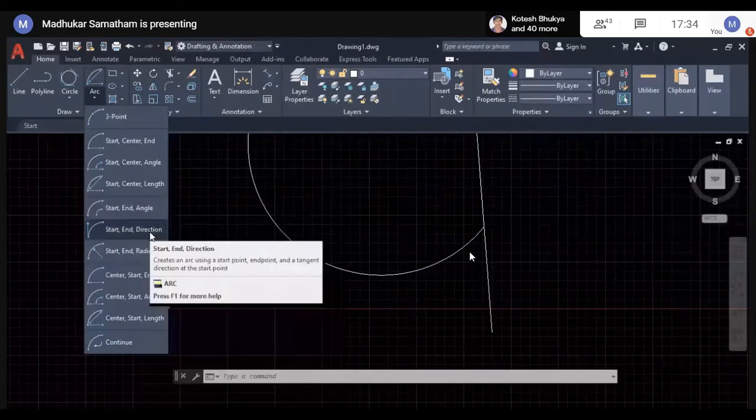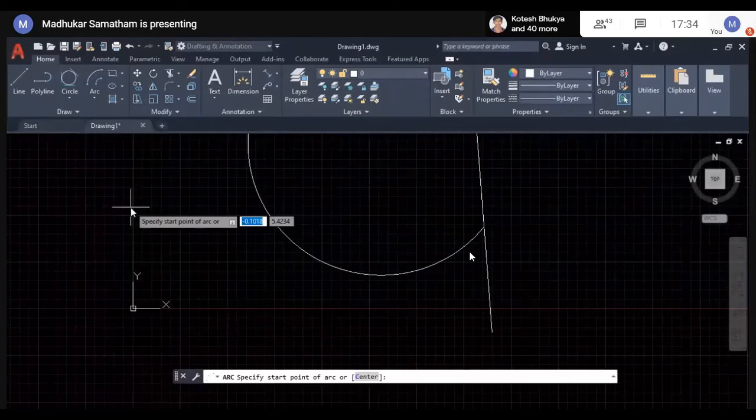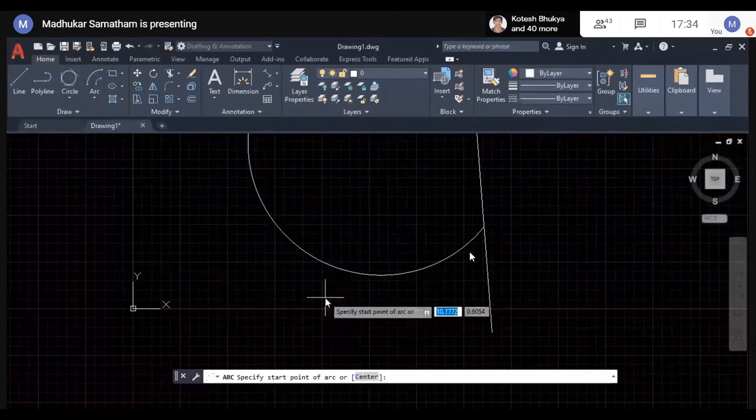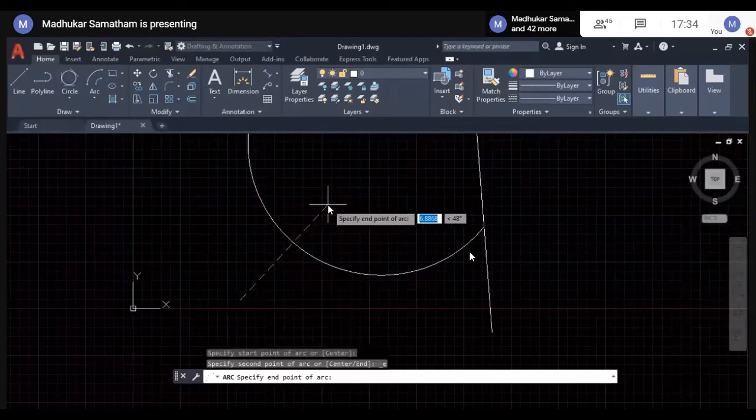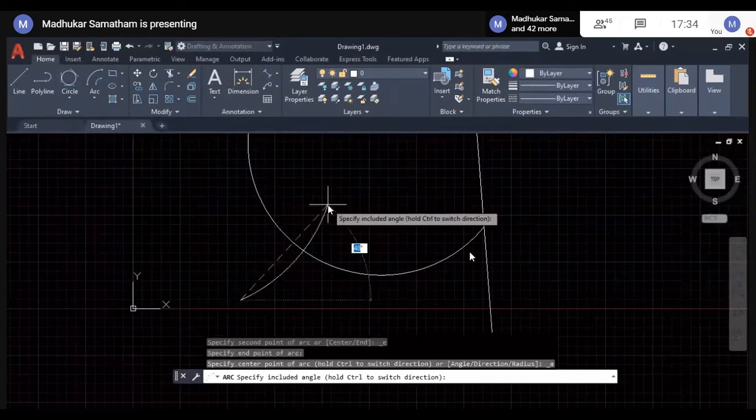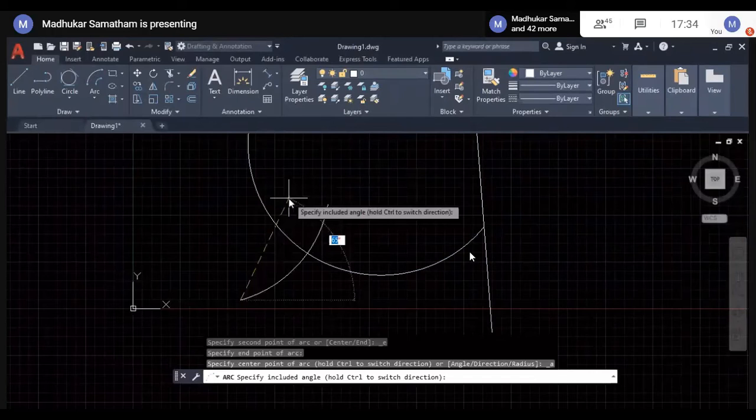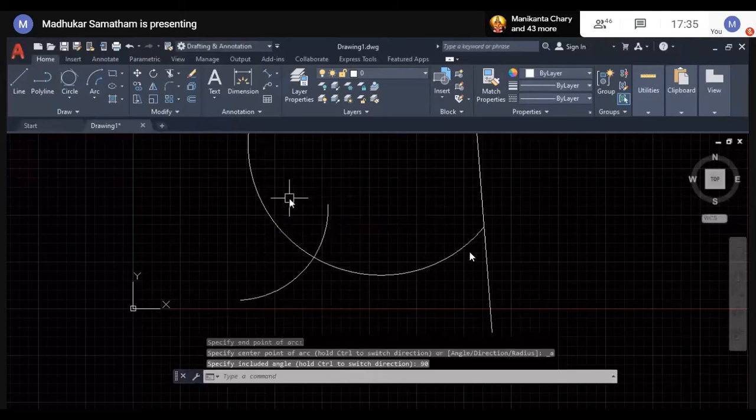You can go for start and angle. Anywhere you can start your arc, end point, including angle. Specify the including angle. If you want to change the direction, you can hold the control button. Or else just specify 90 degrees.